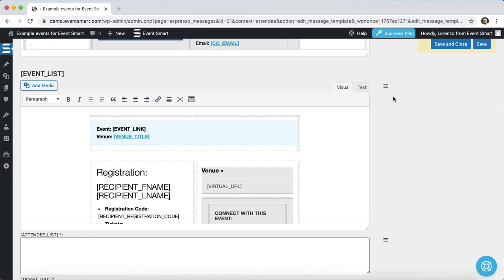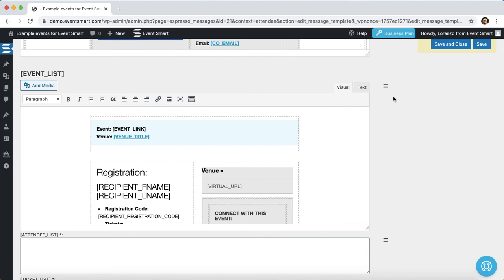So the next step from here is to go to our next virtual event through the event editor. Scroll down towards the end of the page and look for the notifications section. Then we can actually select this custom template that we just set up. What will happen is once it's connected and an attendee registers, they'll get this message template that we're viewing, and